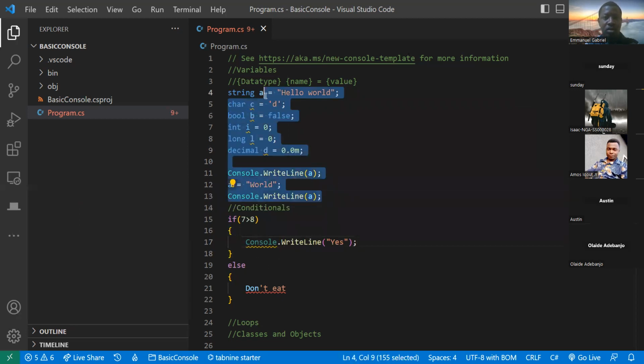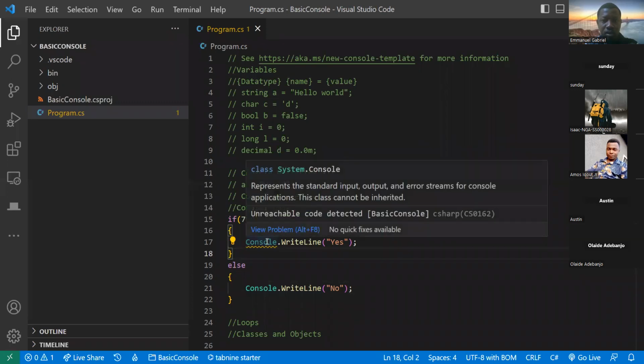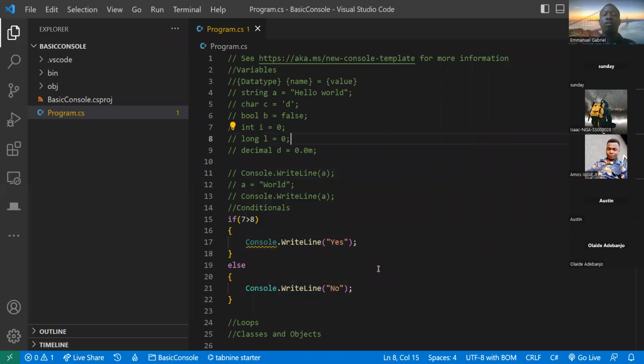okay, I'm just going to comment all of this out. And do this. At this point in time, let me see what this is saying. Unreachable code. Okay, yeah. So it's even telling me before I run the code that it's not going to pick this, it's going to pick this, and that is because 7 is not greater than 8. So this is going to translate to false. So if 7 is greater than 8, which is false, everything inside of here will be ignored, and everything inside this else part would be accepted.